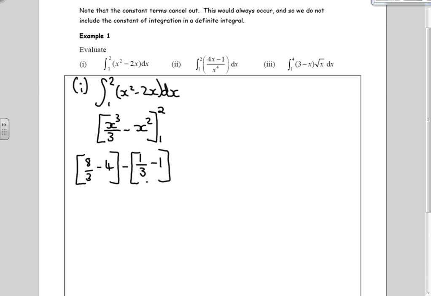So when we put them together, we end up with minus 2 over 3. So that tells us that the area under the curve x squared minus 2x between 1 and 2 is minus 2 over 3. Of course, we can't have the negative area, so the actual area would be 2 over 3. But we're just asked to evaluate this. Now for part 2,